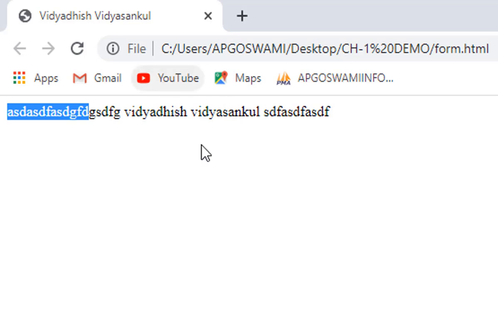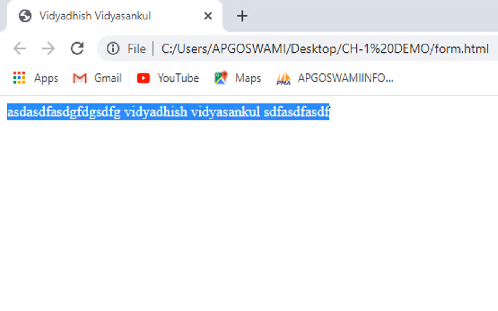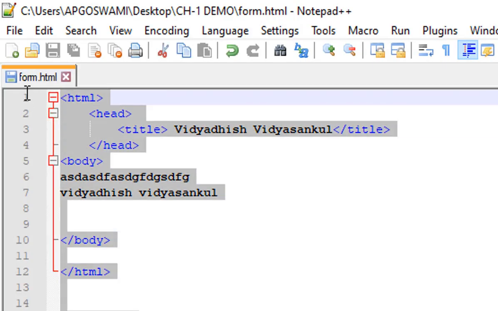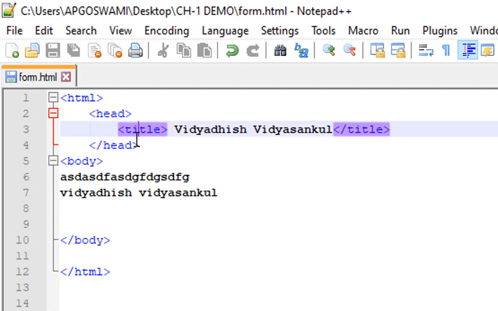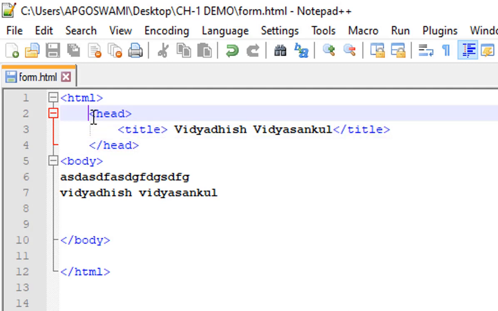Okay, see, simple concept. HTML syntax: first HTML, head, title, head complete. This is the complete head. Why did I first use Notepad++? Just because it is very good. If I double click here, it indicates where this code tag starts and where it ends.